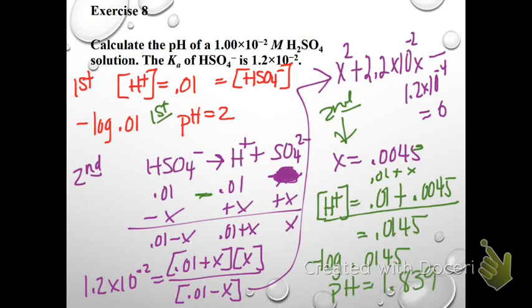1.839. So when our concentration was 1 or above, the second dissociation offered no value to us. But when I start going below that, it does. So what I want to explain to you is they would most likely never ask you to calculate this, but they might ask you to pick it out on a multiple choice question, because they want you to understand that under a certain value the second hydrogen does offer some hydrogen, which affects the pH. So if you saw, what is the pH of 0.01 whatever solution of something that's diprotic, you would figure out what that pH is for the first dissociation, so in this case 2, and